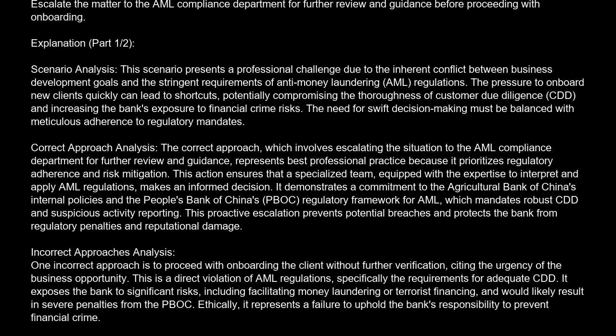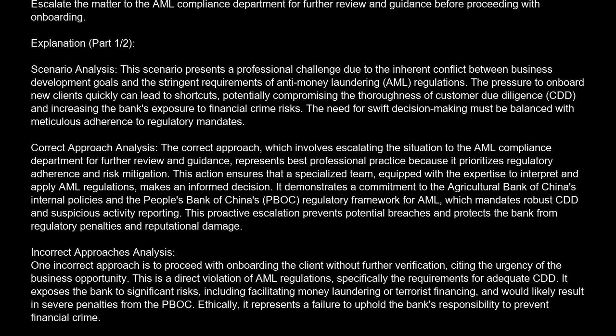Correct approach analysis. The correct approach, which involves escalating the situation to the AML Compliance Department for further review and guidance, represents best professional practice because it prioritizes regulatory adherence and risk mitigation. This action ensures that a specialized team, equipped with the expertise to interpret and apply AML regulations, makes an informed